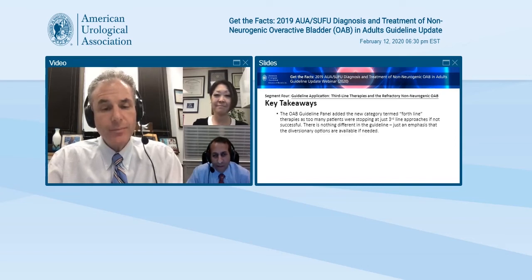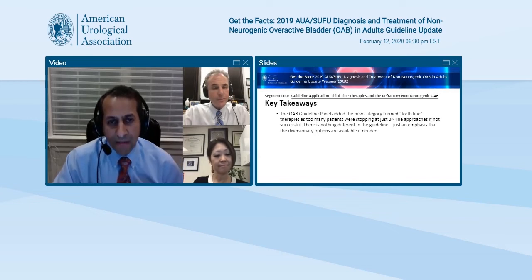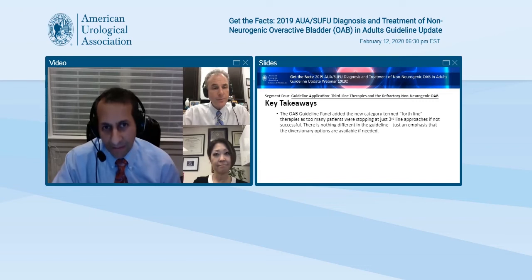So I don't think if you look back at our original guidelines, we were dramatically different. This isn't brand new. This is something that we mentioned in the previous guidelines, but I think we found that too many practitioners were stopping at third line and then recycling between those three third line options. And there's probably a select group of patients who perhaps could appropriately move on to what we consider fourth line therapies, or again,